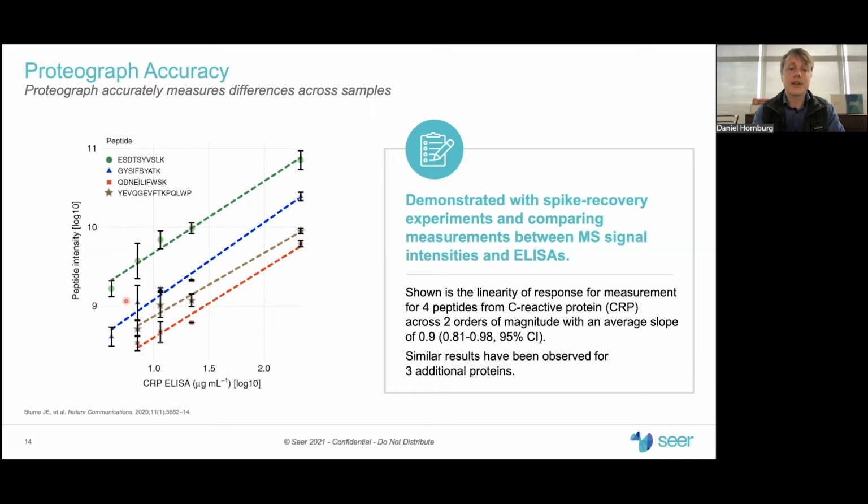And what you see here is a linear response, a linear regression between the two signals,